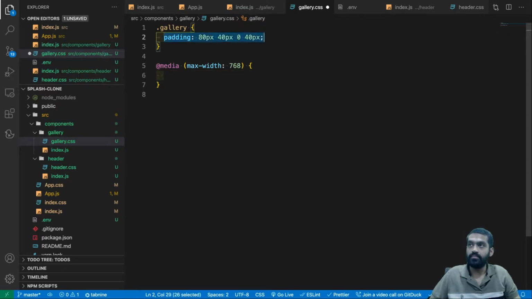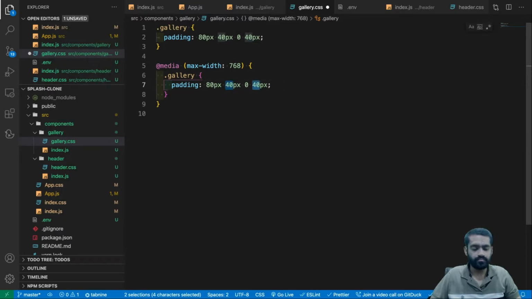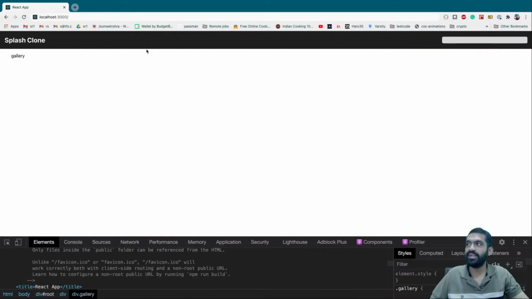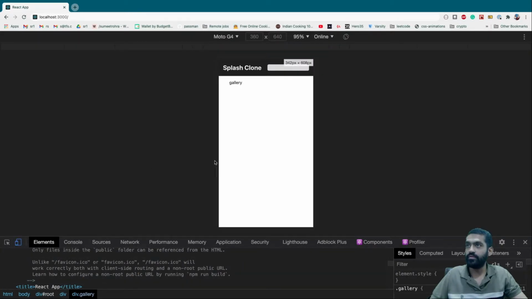Dot gallery, and inside that we need to add some padding. Instead of 40, what we can do is 8. I guess 8 is fine. Yeah, here 40 is fine.